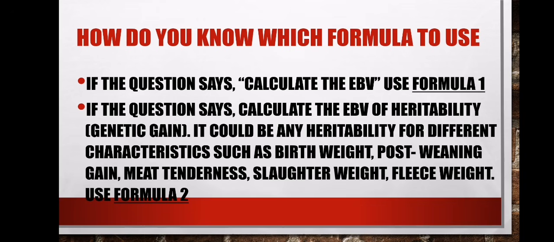You use the second formula. The question will say calculate the heritability of genetic gain or of heritability, or else they will give you the name of the characteristic with that heritability, whereby they say calculate the EBV of